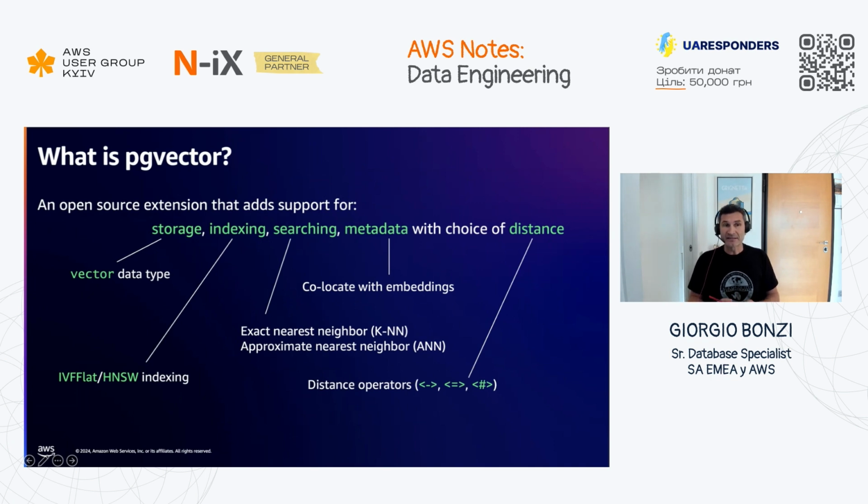And finally, you have the choice of distance operators. Here are represented 3 distance operators. The first 2 are the most common. There is the Euclidean operator, or linear distance, which is the linear distance between vectors. The second one is the cosine operator that represents the angular distance between vectors. And the third one is the inner product.